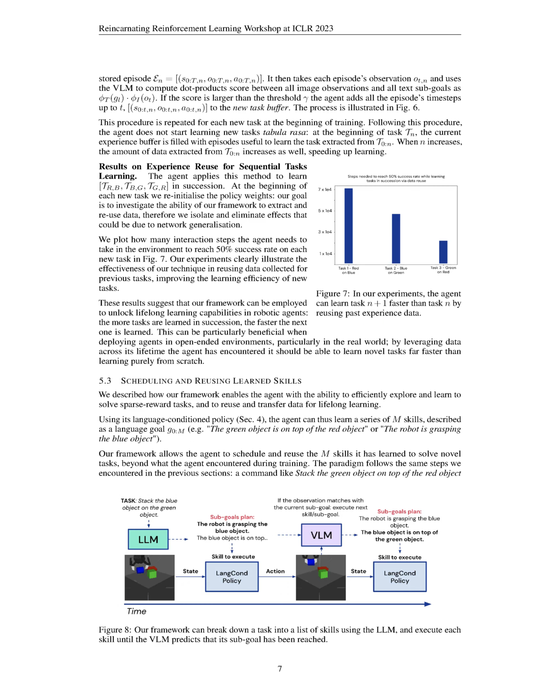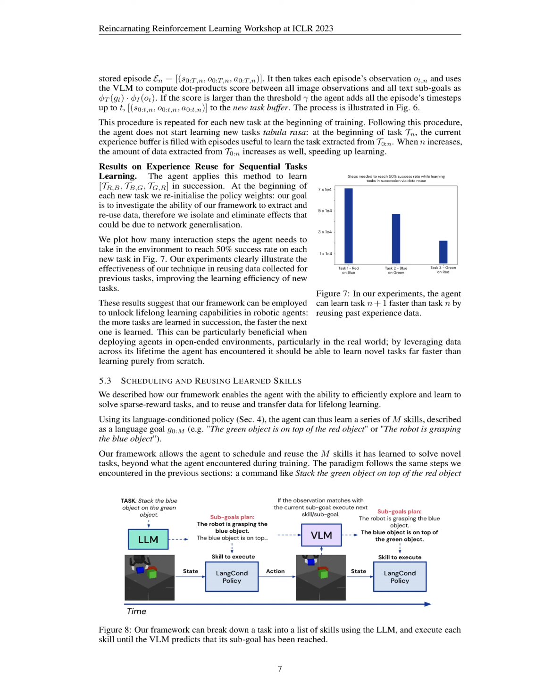Section 5.3, Scheduling and Reusing Learned Skills. In this section, we'll discuss how our system allows an AI agent to schedule and reuse learned skills, and how it can learn from observing others. Our system empowers the AI agent to explore and learn how to solve tasks that offer rewards infrequently. It also allows the agent to reuse and transfer data for continuous learning.